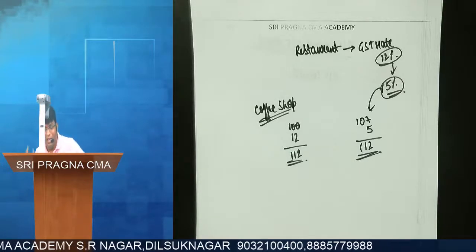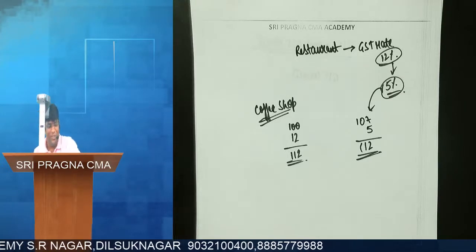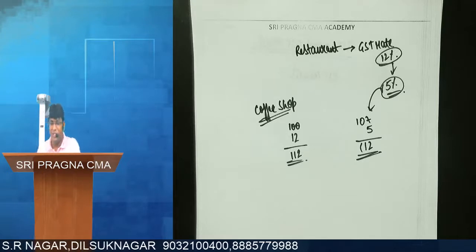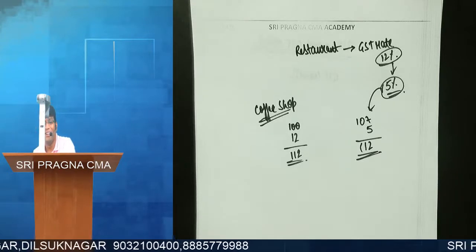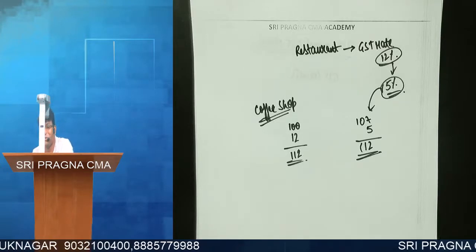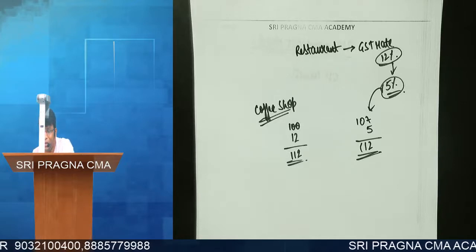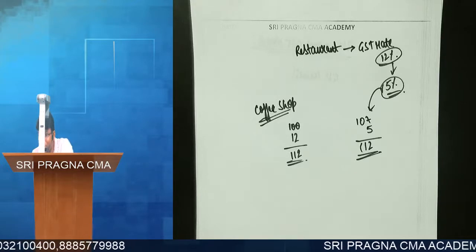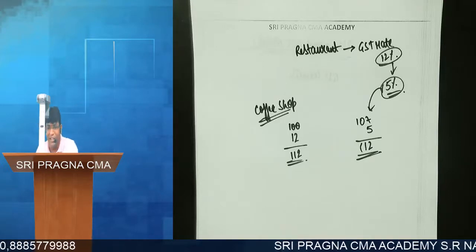But here, what did this coffee shop fellow do? What was he selling at 112? After reducing 12% to 5% also, he is selling at 112 only. Telling my product price is 107, 5% is GST, total is 112. Strictly speaking, when the rate has come down, did the benefit come to the consumer? Who is enjoying that benefit? Businessman. He is pocketing that reduction in rate.